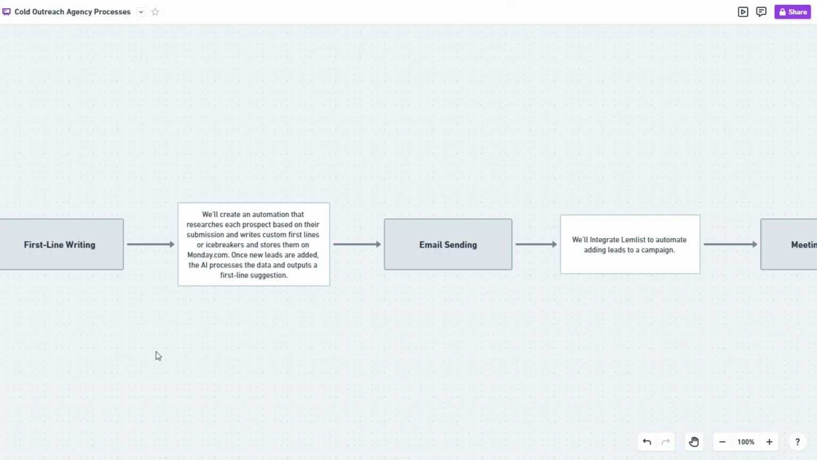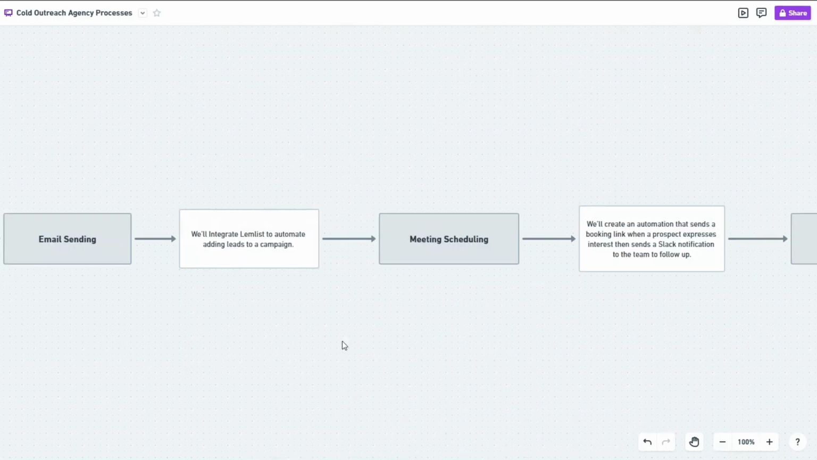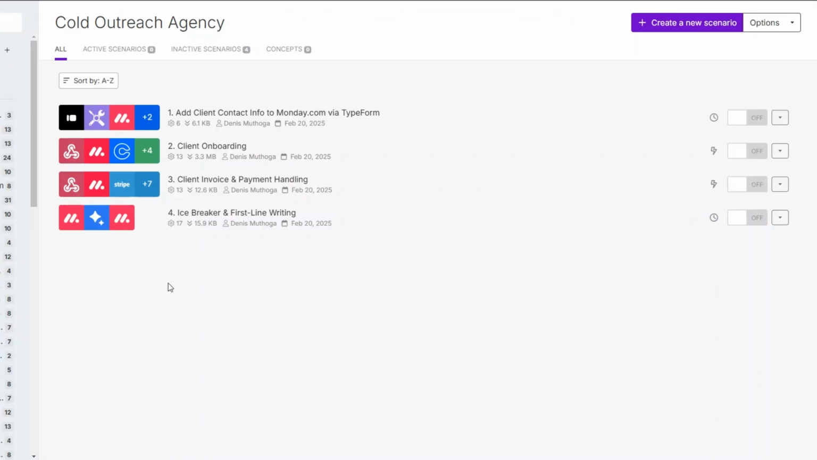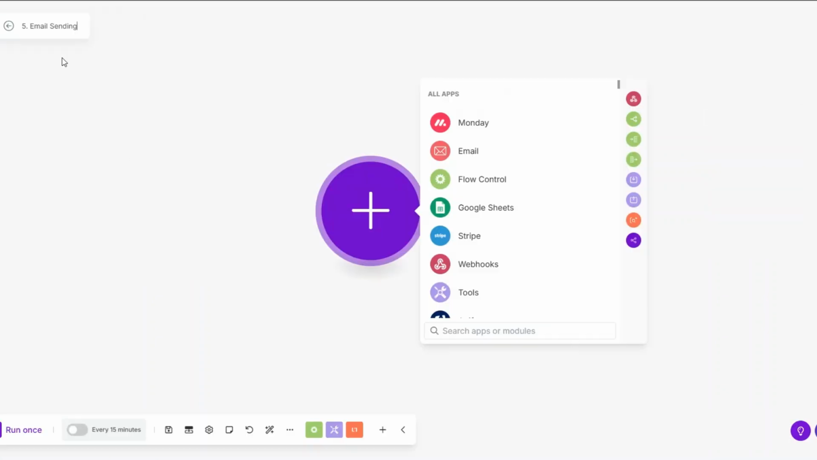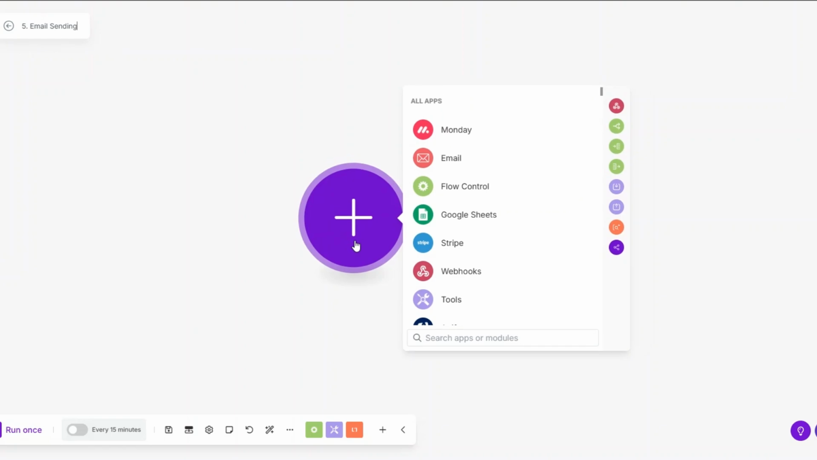The next process that we're going to automate is the email sending process, where we'll integrate Lemlist with automation to automate adding leads to a campaign. To automate the email sending process, on our cold outreach agency folder, I'll click on create a new scenario. I'll rename our scenario to email sending. And here,